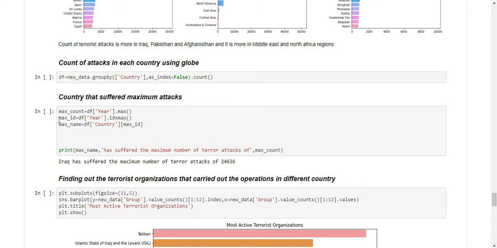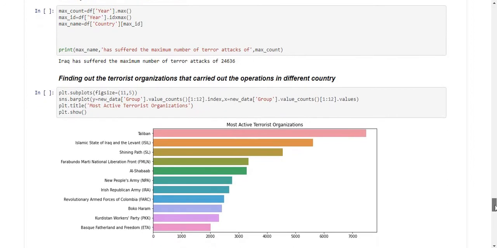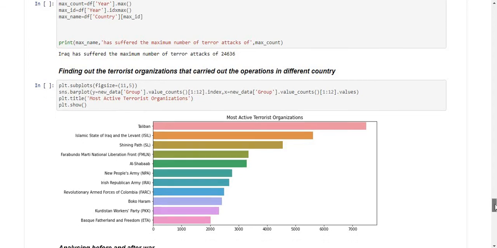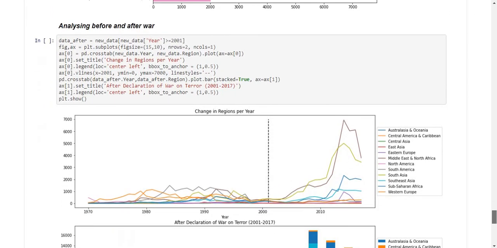Here we see the country which suffered the maximum attacks. So Iraq has suffered the maximum number of terrorist attacks, which is 24,636. Then we draw another horizontal column diagram and find out the terrorist organizations that carried out the operations in different countries. So this is the large one, and then we analyze our data before and after war.